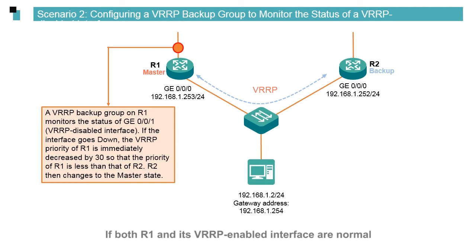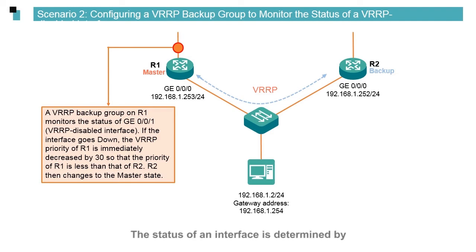If both R1 and its VRRP-enabled interface are normal, but a VRRP-disabled interface on it fails, packets sent to R1 cannot be forwarded on. To resolve this issue, configure VRRP to track the status of the VRRP-disabled interface. If the interface goes down, VRRP decreases the priority of the master router so that another router plays the master role. In this experiment, R1 tracks the status of GE